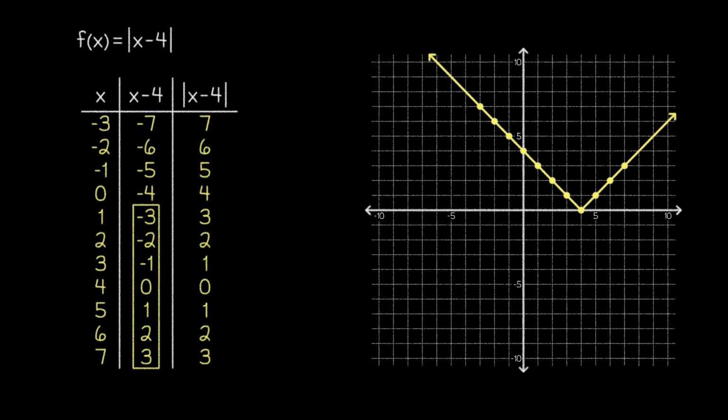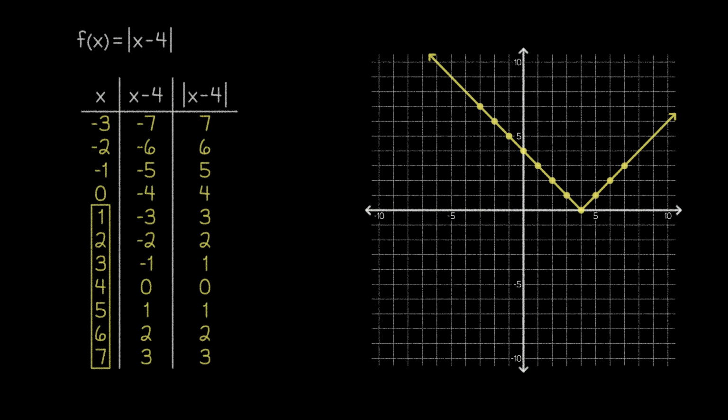Well, it turns out that we want the 7 key values to show up in our table just before we take the absolute value. And since the first step of our function was to subtract 4, that meant that we had to move our inputs higher up on the number line so that when we subtracted 4, we got the 7 key values. Therefore, the most meaningful inputs for this function were the integers from 1 to 7.